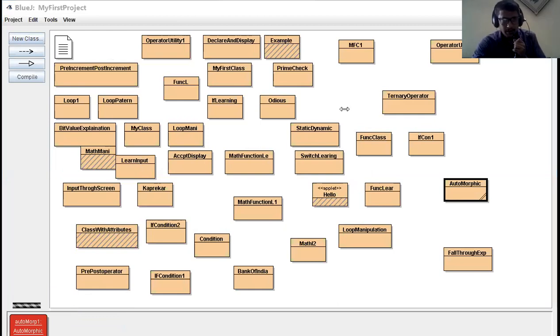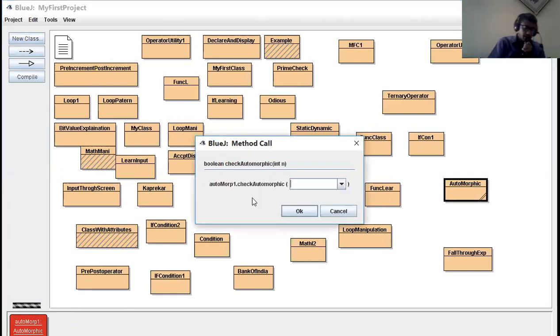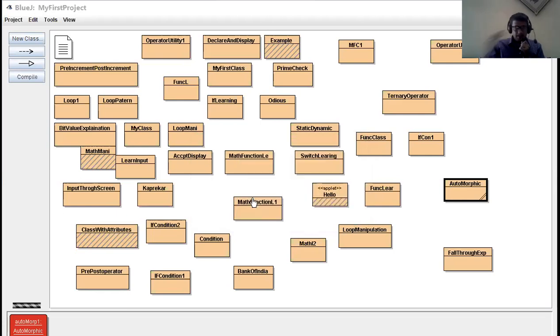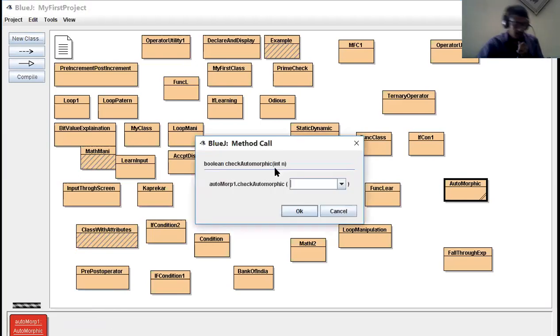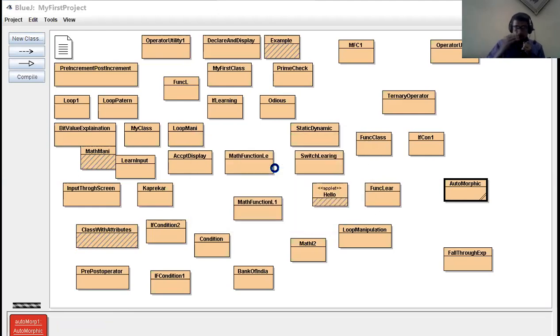Now let's give another number so that we can check properly. Let's go for another number, and the number is, as I told you, 25. So 25 is an automorphic number. Yes, it is true, it is coming true. 625 and 25, that's the automorphic number. Now let us move to the next number, and the number is say 45. Now it is not an automorphic number, so you will see it's false. The Boolean result is false and the total is coming as 25, because 2025 is 45 square.